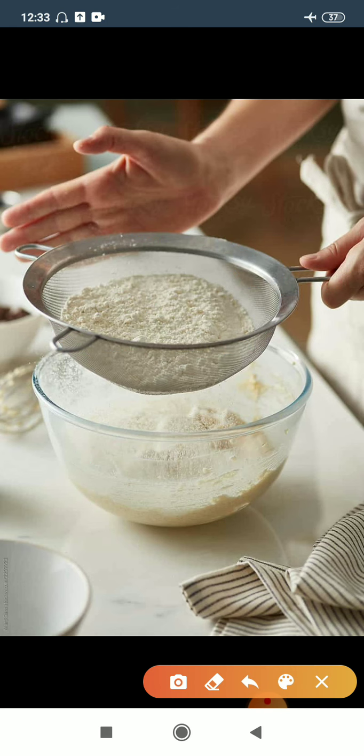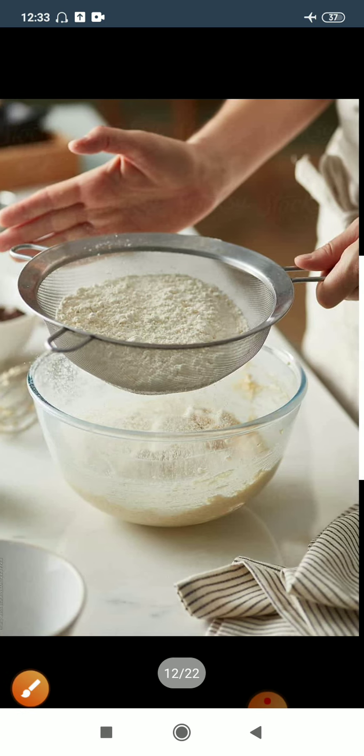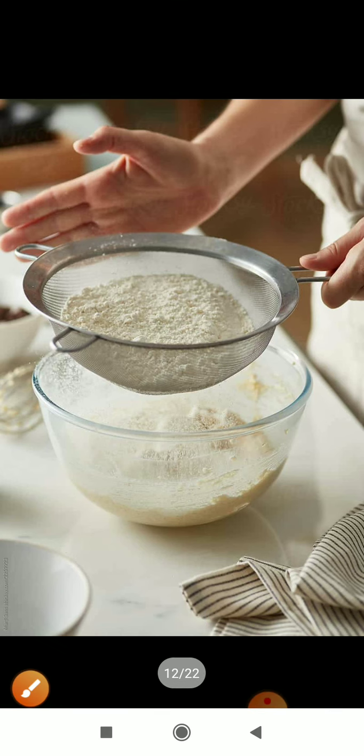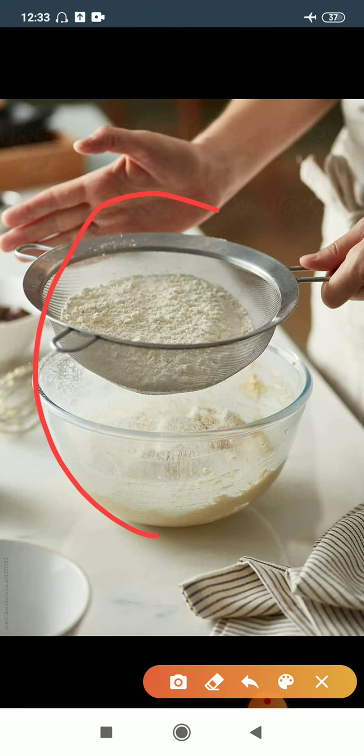So in this method, if the components of a mixture are in solid state and have different sizes, we use a sieve to separate them from each other, so that the large particles will remain in the sieve and the small and tiny particles will transfer into this bowl. So tell me, in which situation did you observe this method? You can answer this. Your mom always uses this sieve for making flour dough.